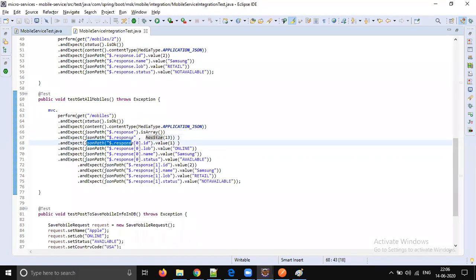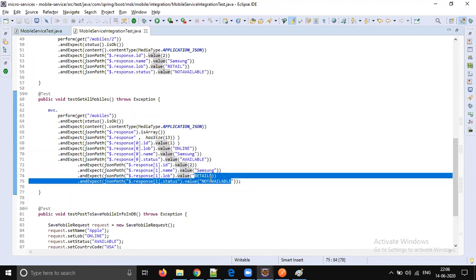And at index 0, what is the ID, and what is the LOB, and what is the name, what is the status, right? And at index 1 and index 2, what is the ID, and what is the mobile name, what is the LOB. Like this you can write so many tests on a single request, right?